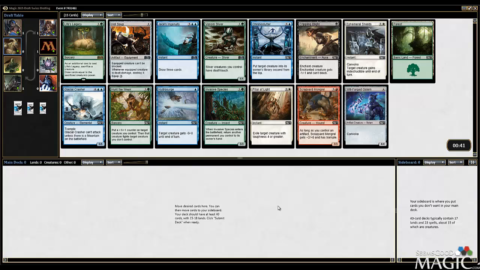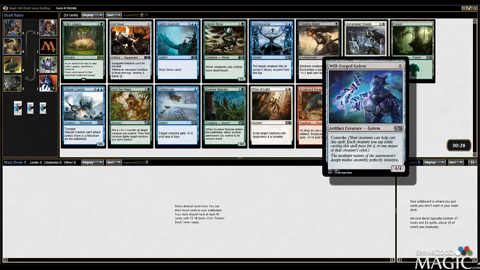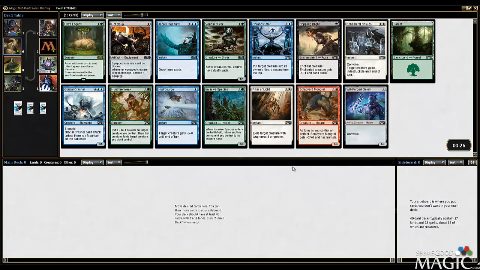Hey everybody, Alex from SeemsGoodMagic.com here, and we're doing another M15 Swiss Draft. Rare we've opened, Life's Legacy, not the pick. I've heard the argument for Willforged Golem first pick because it keeps you open. I'm not really sold on that